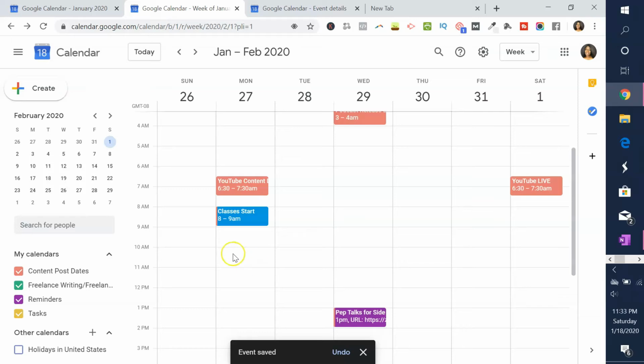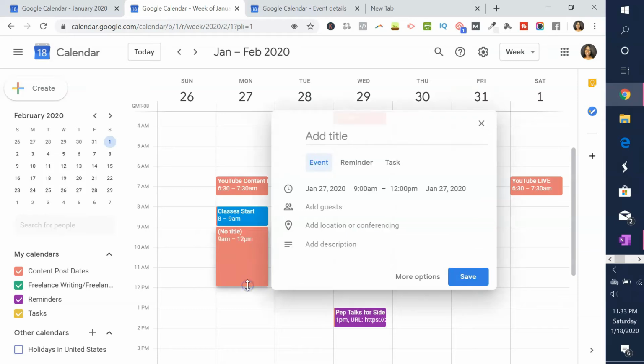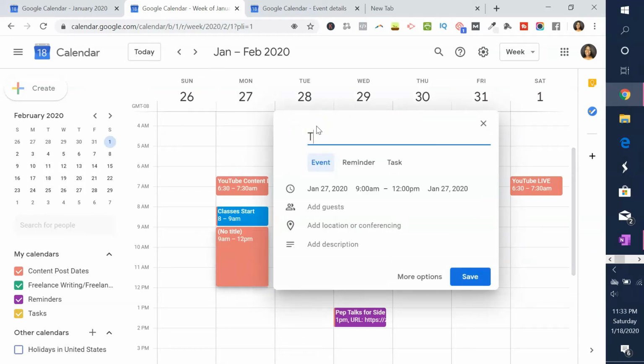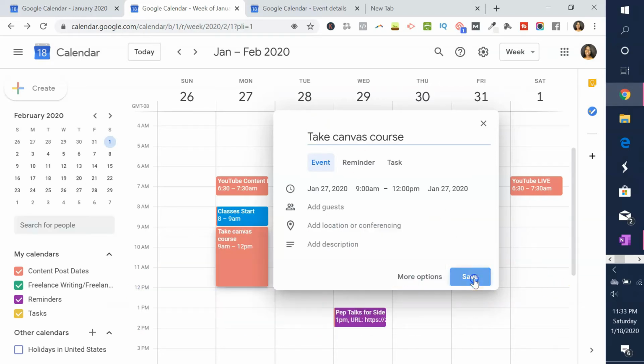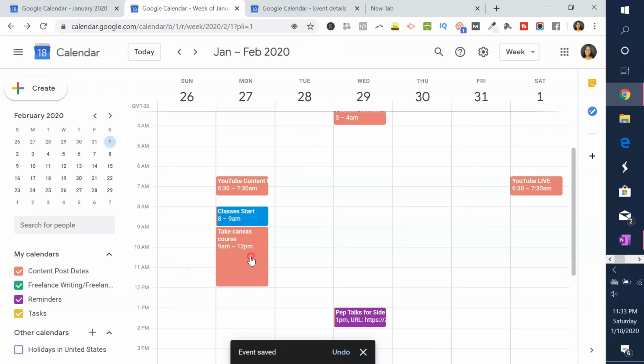There is an online course I need to take. So I'm just going to highlight this from 9 to 12. And then I'm going to be taking that course. And because that is also related to the college, I'm going to go ahead. You just need to right click that to get that, and then you can change the color. So I color code everything so that when I look at my calendar, it is obvious as to what is